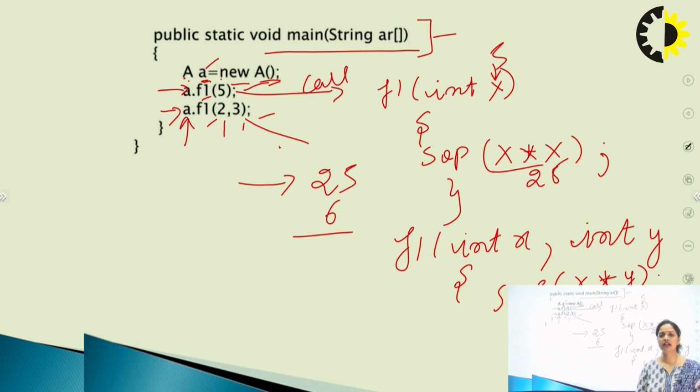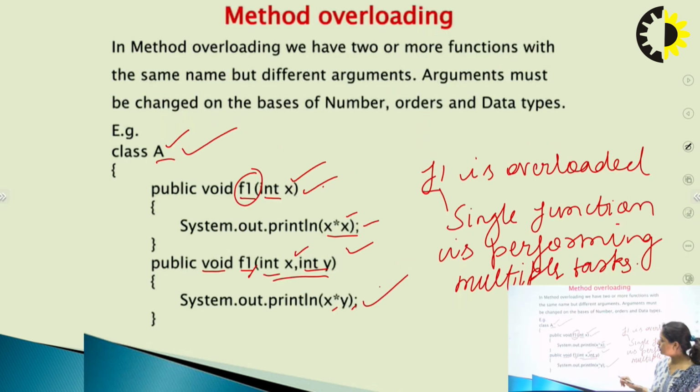So this is the way how we can overload a method. Now we can use any number of methods. Here we have only overloaded the function 2 times, but we can do it 4 times, 5 times, 6 times, or 7 times also. So this is the way. And one more thing we can add to this: even though these functions are overloaded, here we are creating them as public. They can be private, they can be protected, and they can be overloaded at that time also. They are not dependent upon their access specifier for overloading a function. So there is no dependency for that.